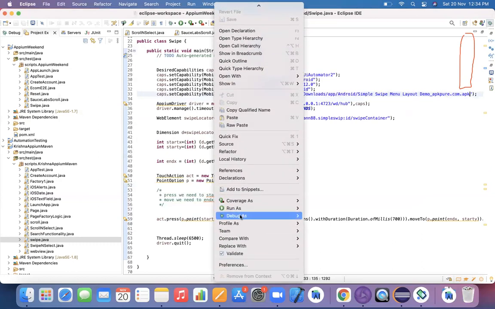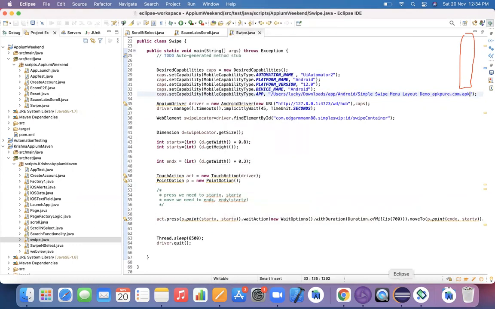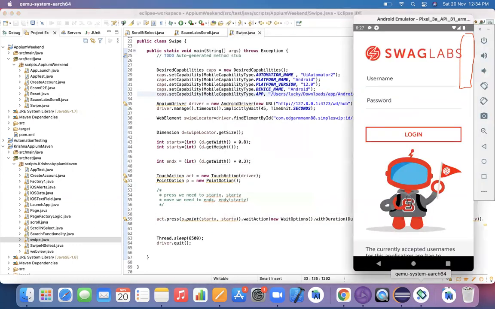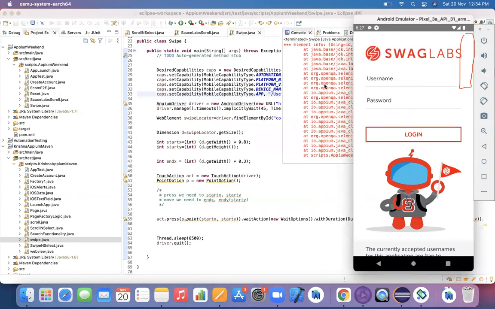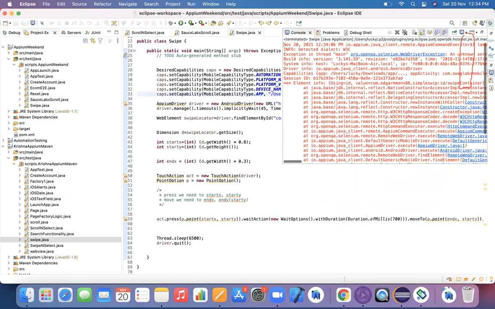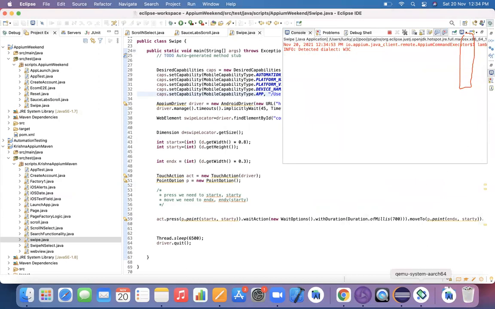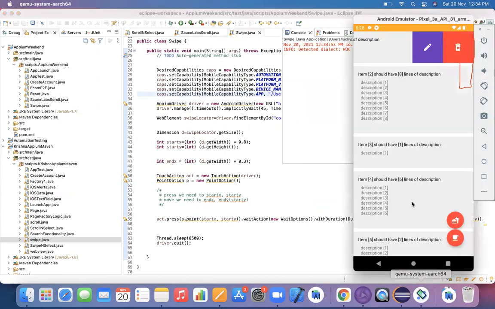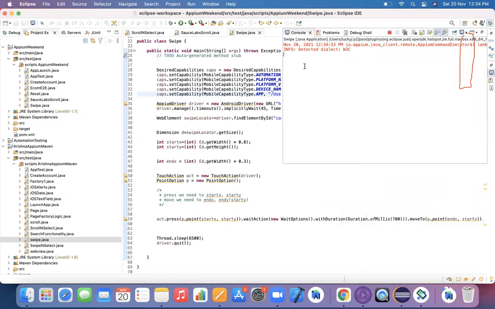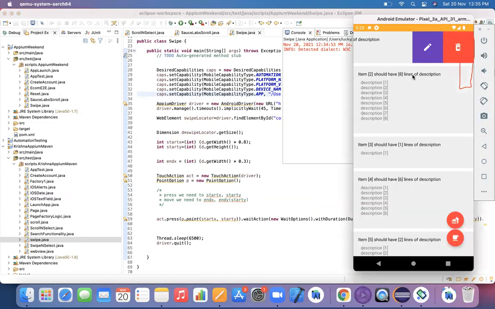Now, let me try to run the test script and see how this is going to work. Run as a Java application. This time I have updated my application. So now it's executing.